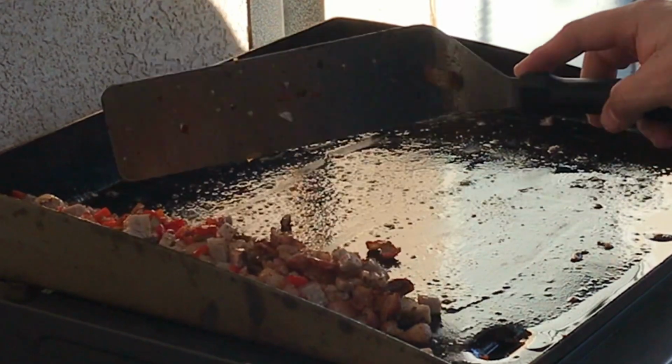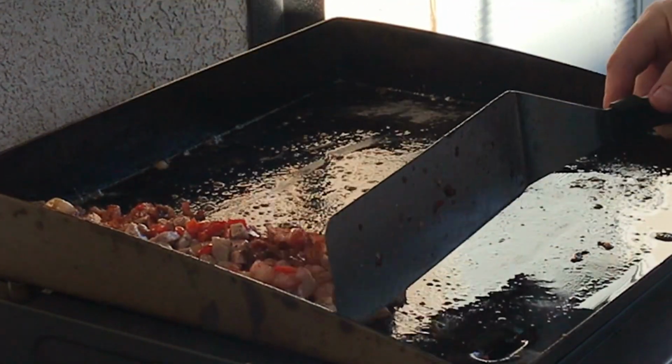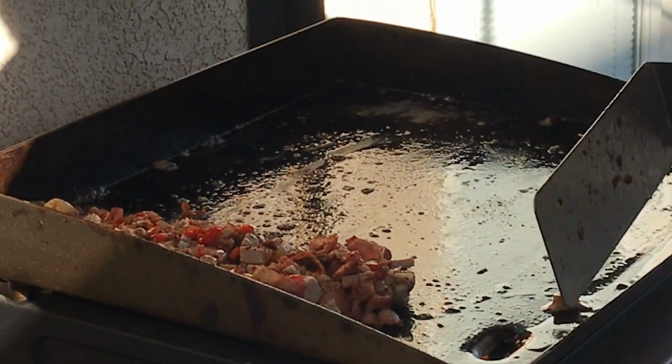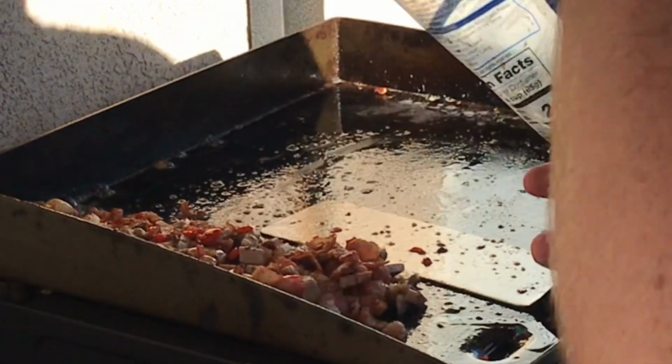It's all mixed up well. All them flavors are getting to know each other in there. Smoked pork, smoked bacon. We are going to make sure this cauliflower rice is